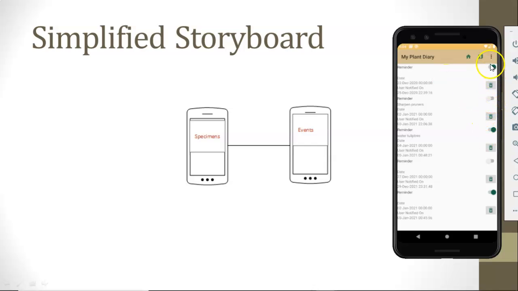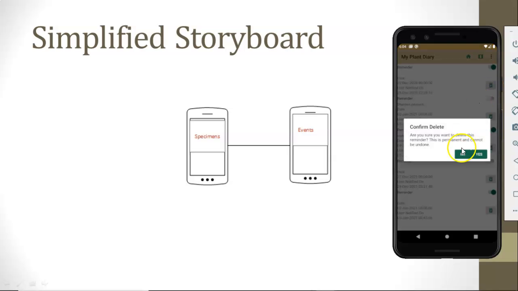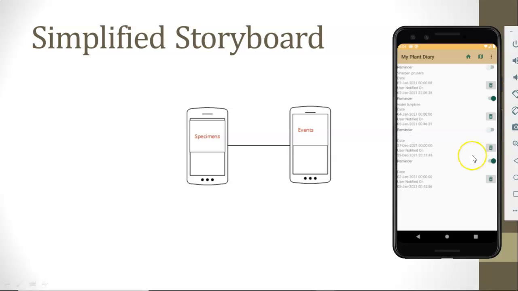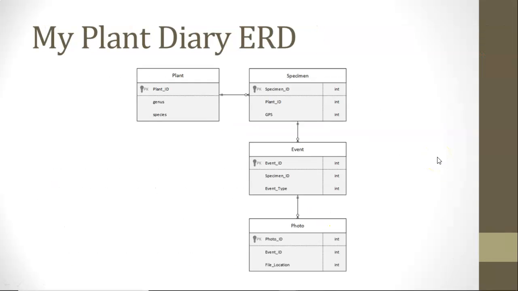We can toggle the reminders on and off right here without going to another screen. We can even delete the reminder, and once again, we get a pop-up. I delete it, and it's gone. Easy as that. No need to get to another screen. So it's actually about 4 screens. But really, for the basic job of showing the relationship of plant to specimen to event to photo, it only